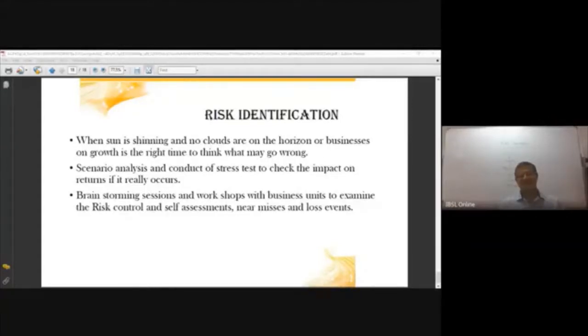So next time we are going to integrate all types of risk in a kind of framework which our regulator, the central bank, has given us guidelines to prepare, based on direction number 7 of 2011. So my homework to you is to download that direction. Just have a glance, because I know at the first class itself you may not be able to comprehend fully about the process of this particular direction, but just glance through this and see.